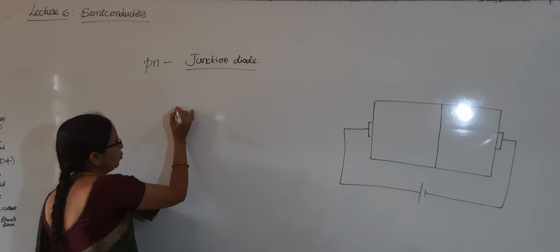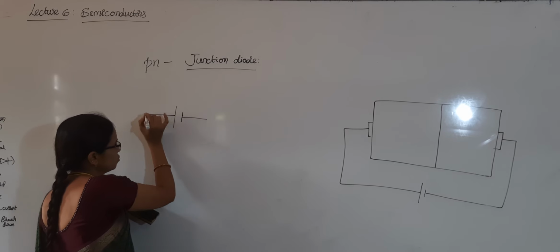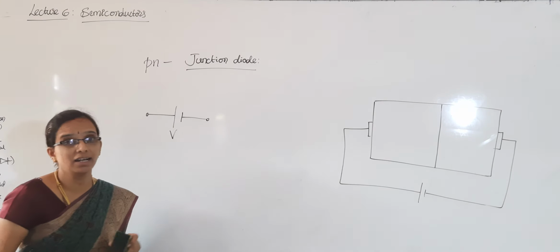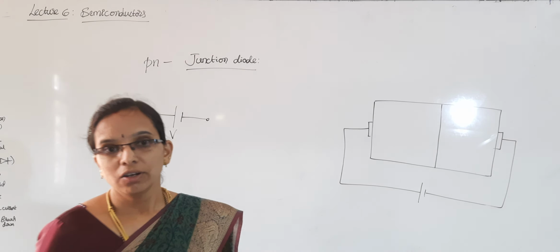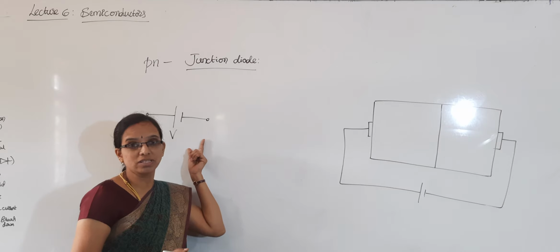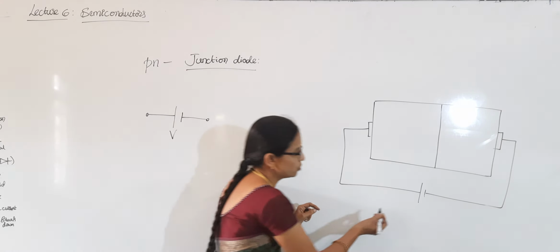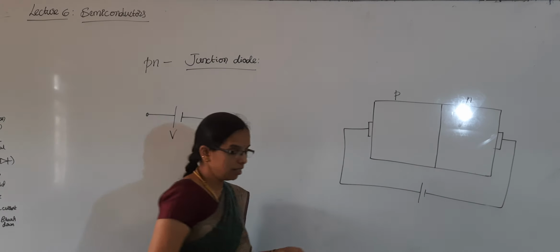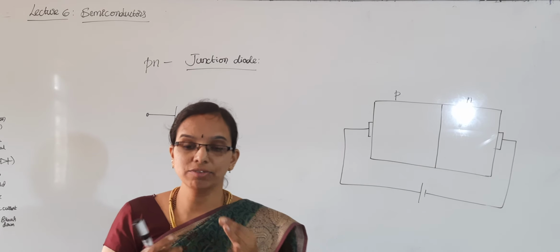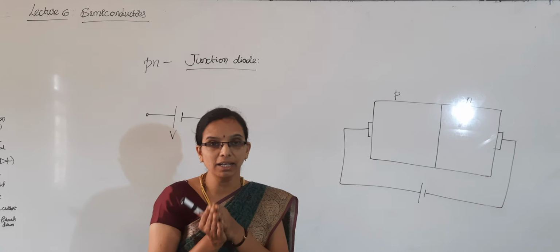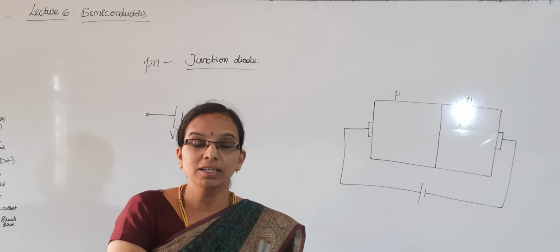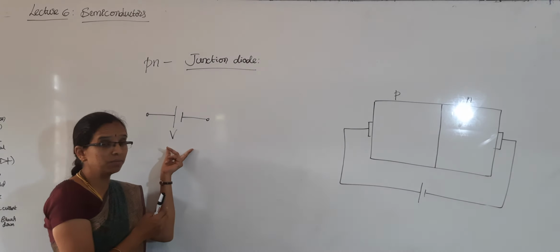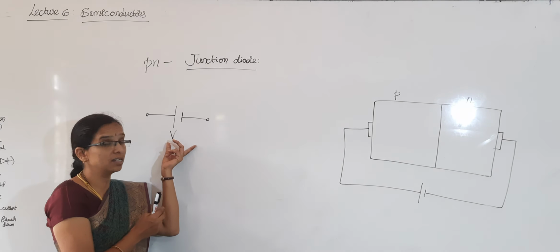See, people might know this is the symbol of a DC source, a battery or a cell, which provides a DC voltage. This is the DC voltage source symbol that I have used here. In order for an electronic device to work, you need to supply electricity. That will be provided by electricity sources. Here I am going to use the DC source.